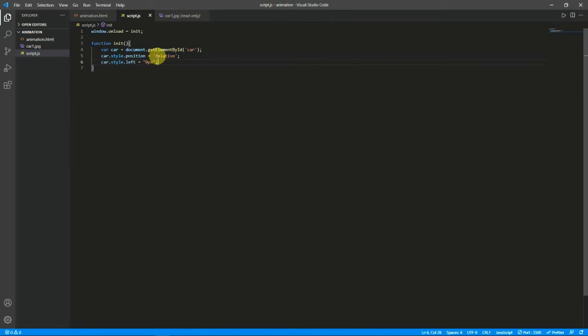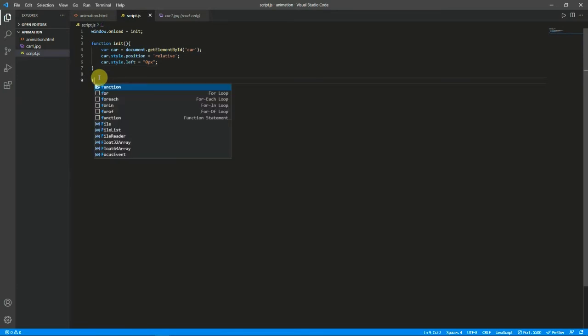Okay, so we are changing the position to relative and then we are telling the car style will be into 0th pixel. Okay, so when the document is loaded, so these things will get executed so that the car's position and all this will get changed.